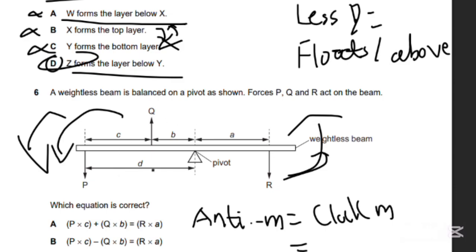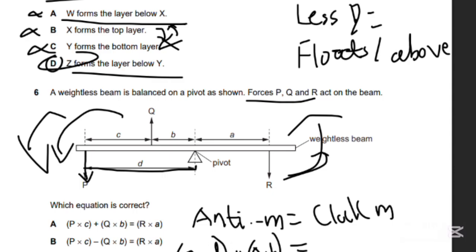So if you look at this side and this side, you can see that over here we have P and Q, and then over here R. These are like the forces, right, as I've mentioned. So how do we find the moment for this side? In this side we know that it's going to be P times T, right? Because this is the force, and this is the perpendicular distance from the pivot, so it's P times T. Now you may think that since it's anti-clockwise moment and we also have the Q above, so